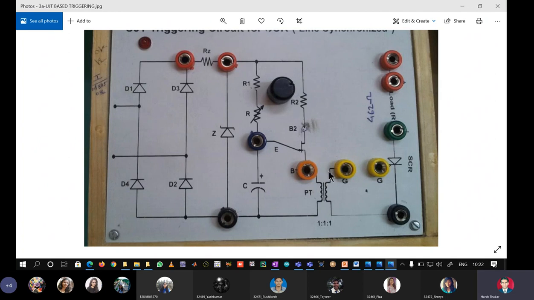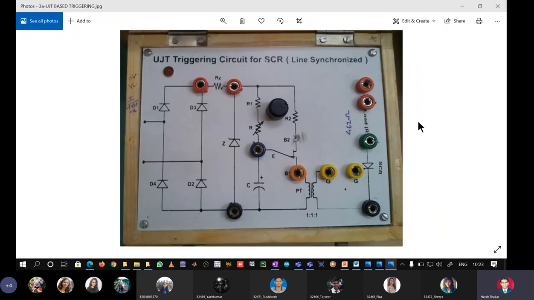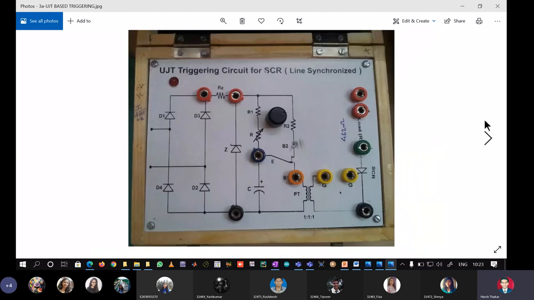So here the firing pulses generated at the node B1 are not directly applied to the gate of SCR, but they are applied to the primary winding of a pulse transformer. So the pulse transformer offers electrical isolation and magnetic linking. Got the point? So the firing pulses generated by the relaxation oscillator are isolated using the pulse transformer and then given to the gate. So this thing you will see even in other kits.